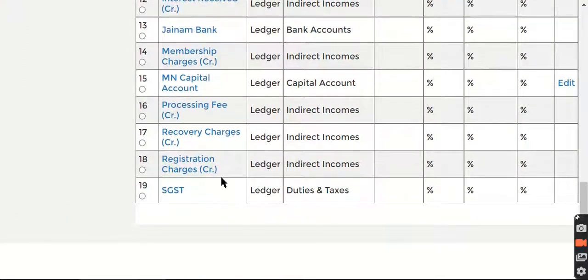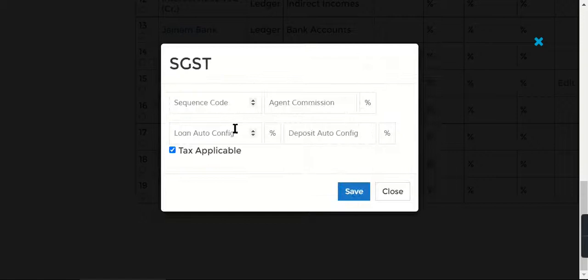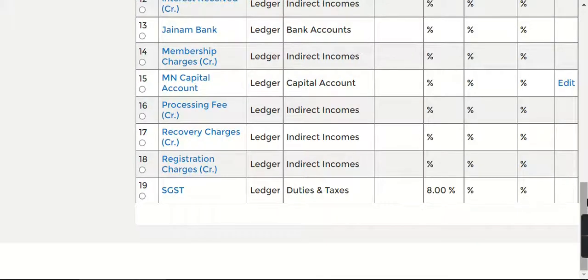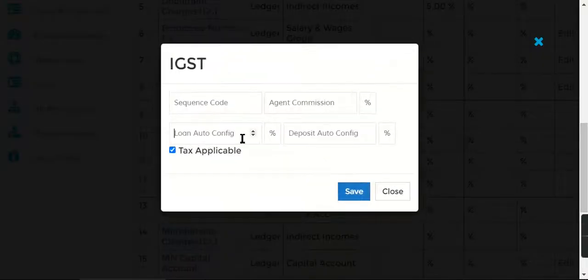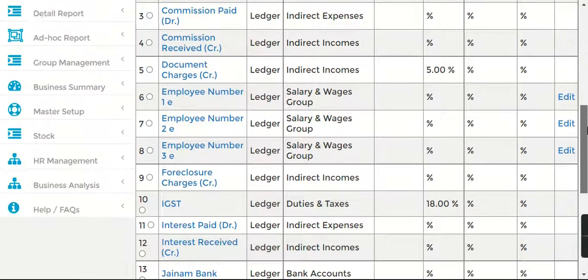SGST is going to be again 8%. And suppose you are working in Maharashtra state and you have a customer who is in Karnataka state. For that IGST applies. So here it will be 18%.